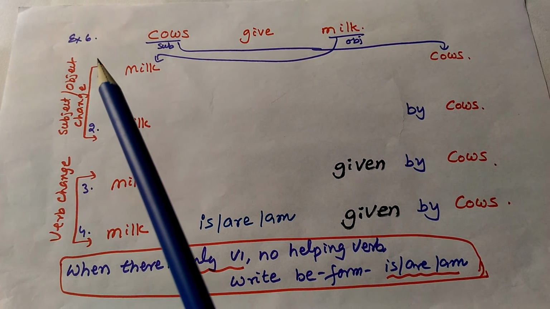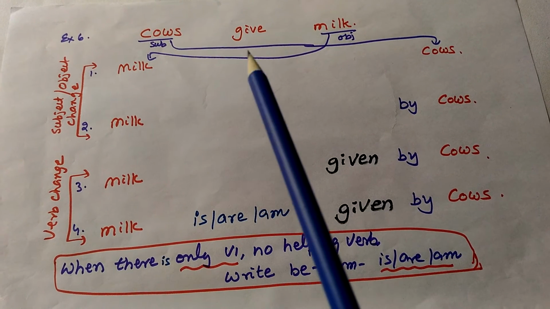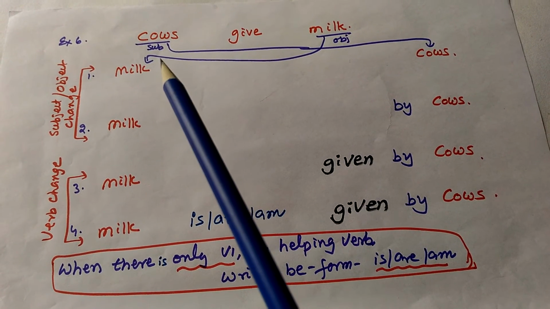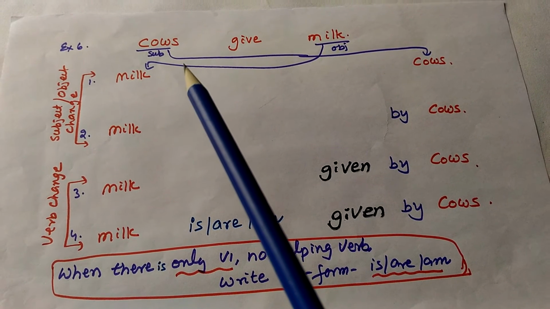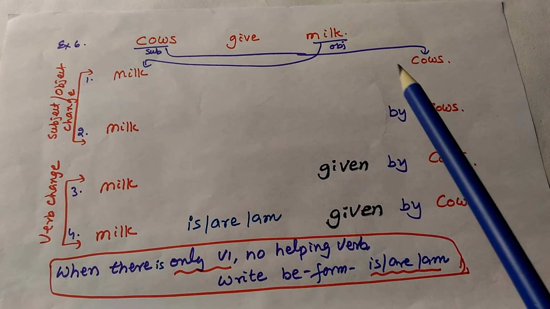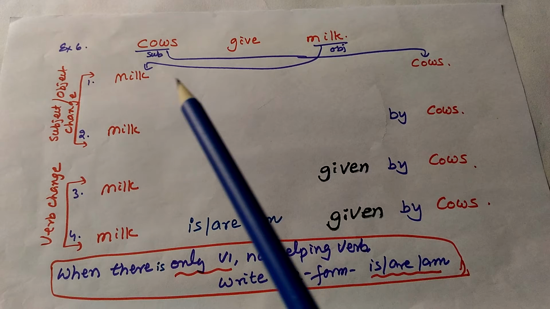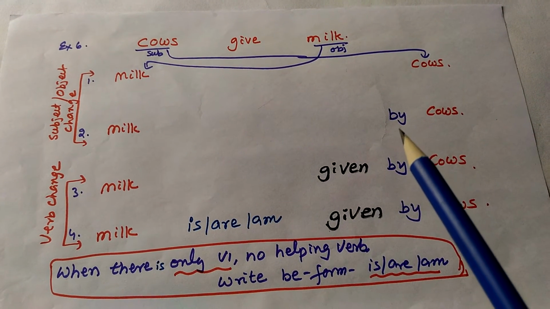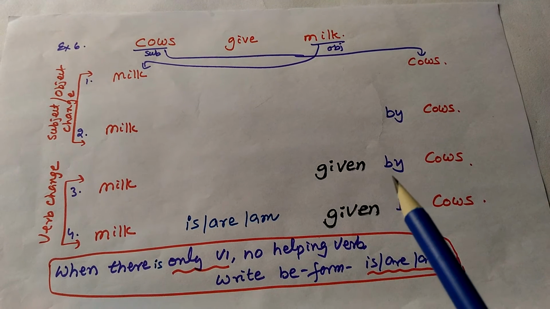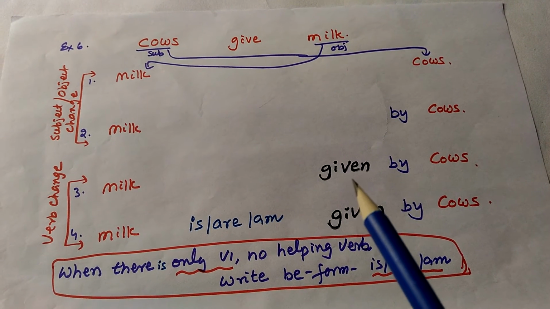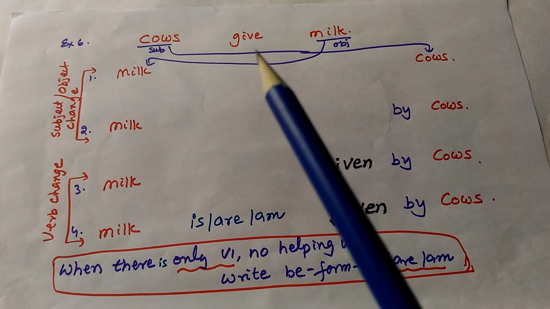Well, example number 6. Cows give milk. First we have to identify subject and object, and there should be interchange. That means cows is brought here, milk is brought here. And then the second rule is that we have to add by before the object. And the third one is that before by we have to write the verb 3 form, that is, give has been